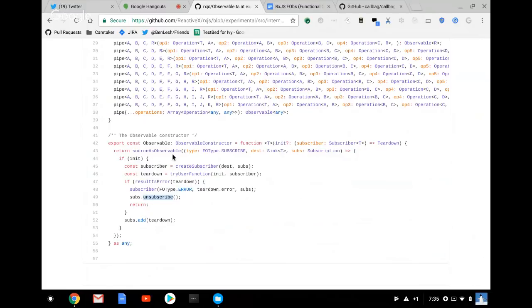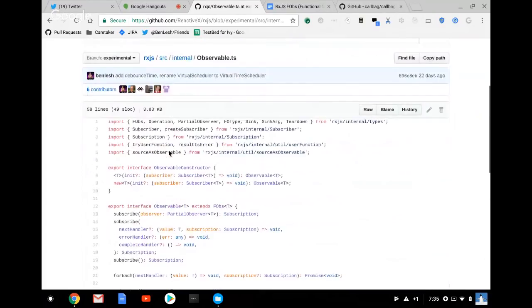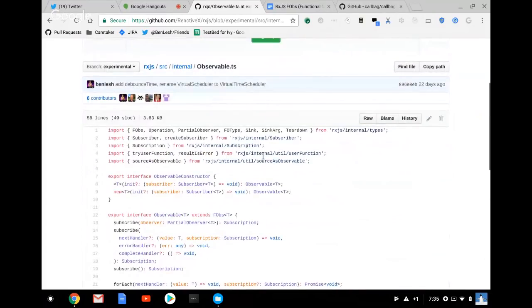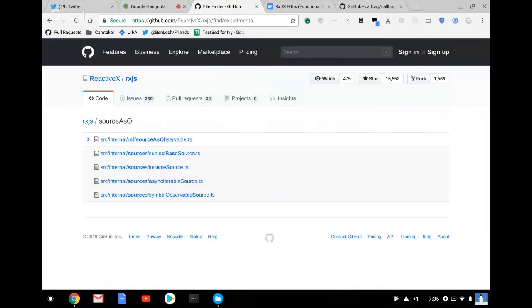To subscribe to an observable, if you had an instance of observable, technically you could call the observable like a function with 0, which is subscribe, pass a function of this shape to it, and pass a new subscription to it, and you would subscribe to it in that way. You could if you wanted, but we don't have to do that because we have this source as observable, and it's a helper function that gets used elsewhere, which is why it's factored out into a different file. But if we go look at that,